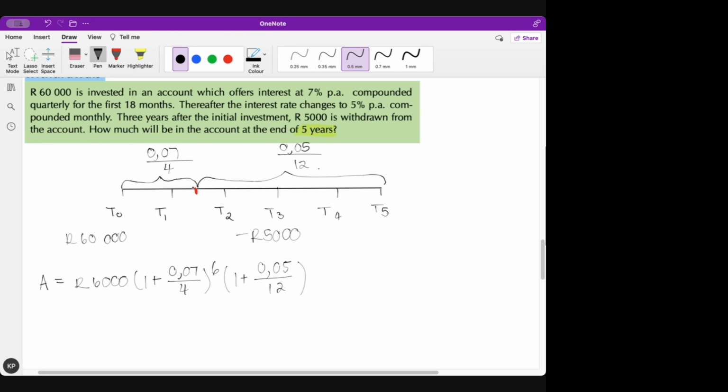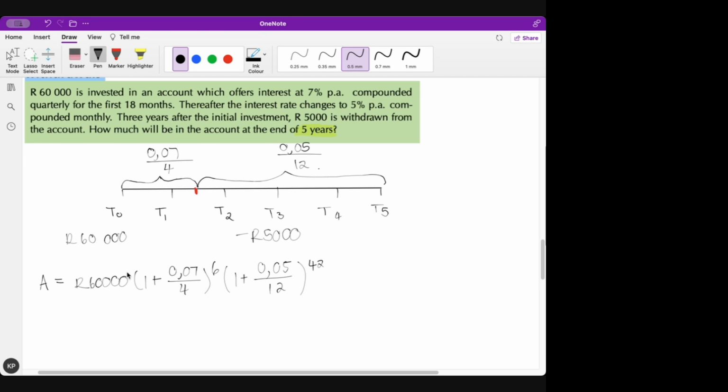How many months do we have in 3.5 years? 42. Thank you very much. All right. So that is the hypothetical, and this is 60,000, not 6,000. There we go. So that would be the hypothetical money that this person would have had in the account after